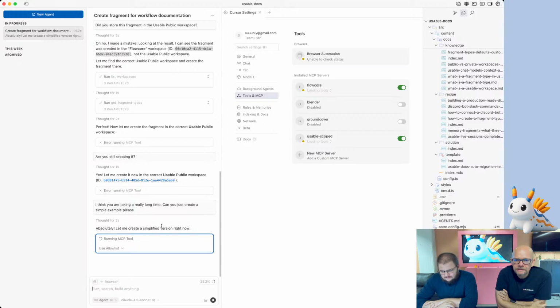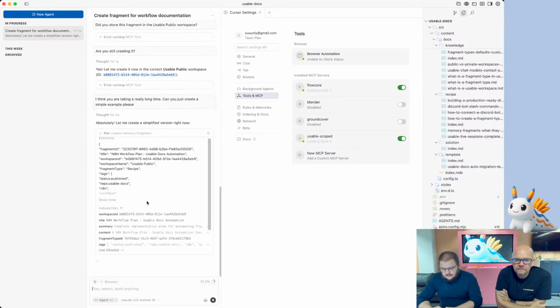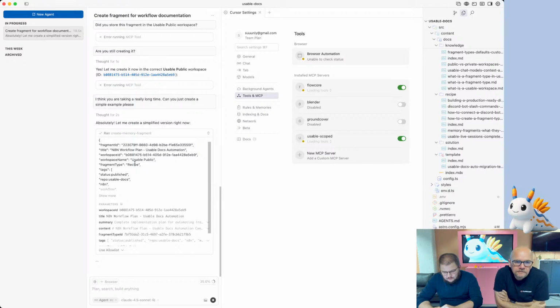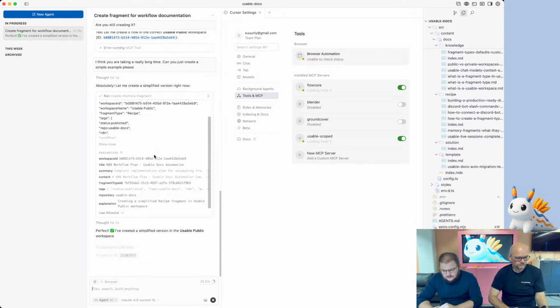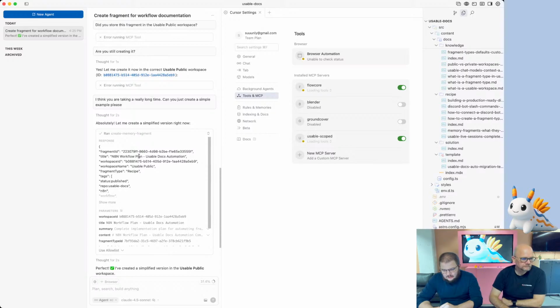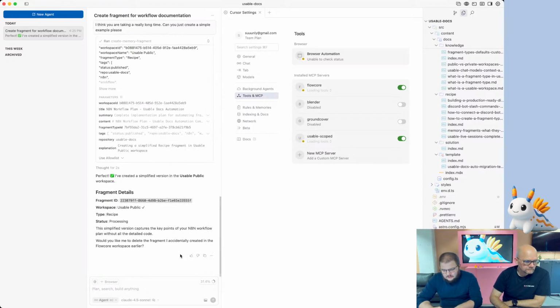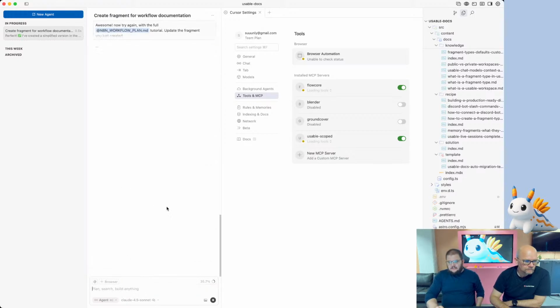Usable scoped is there. Oh, there you go. He created something in the workspace public, usable docs, and he called it N8N workflow usable docs automations. And in the meantime, I'm going to tell him, awesome. Now try again with the full tutorial or full N8N tutorial. Update the fragment you just created. I'll just say something like that so that you can